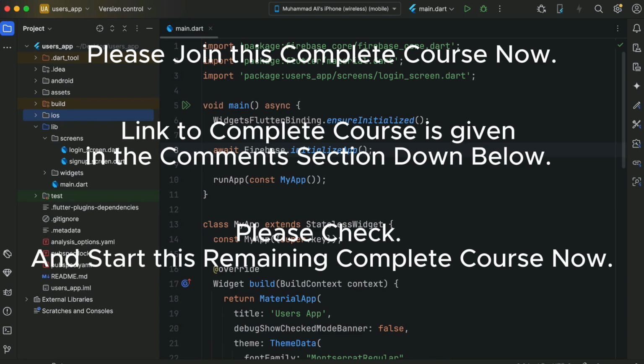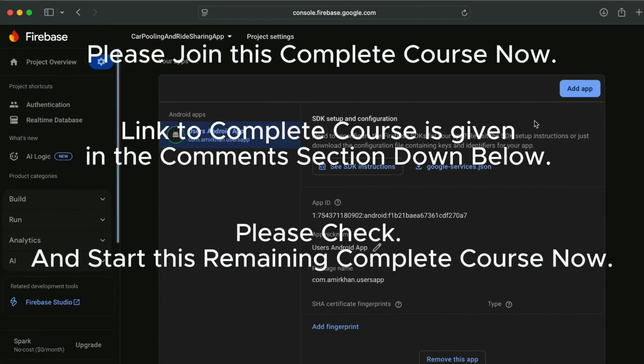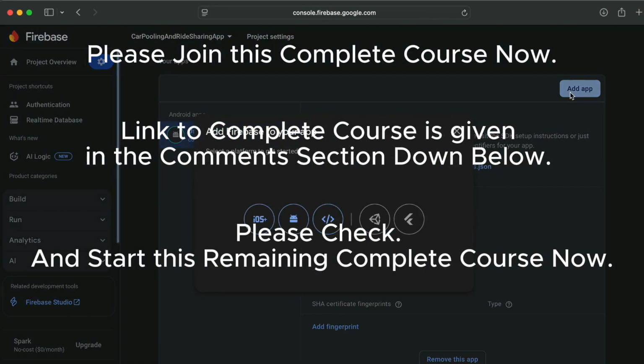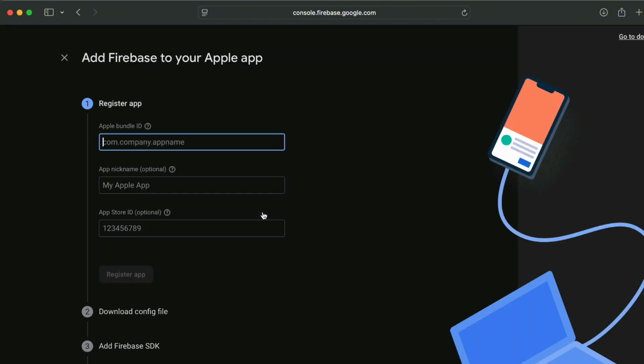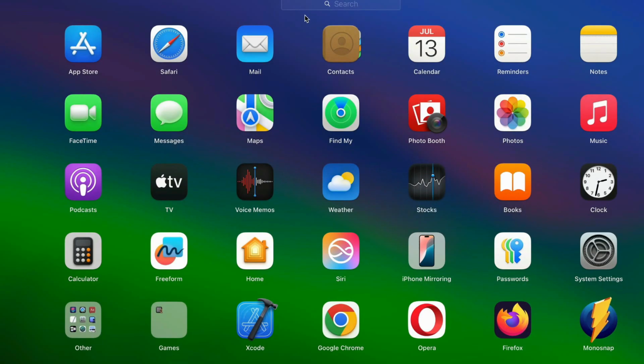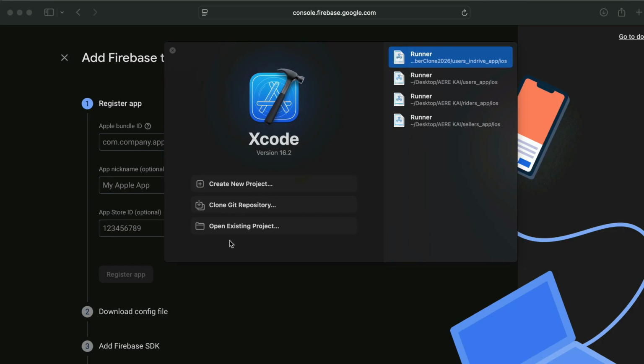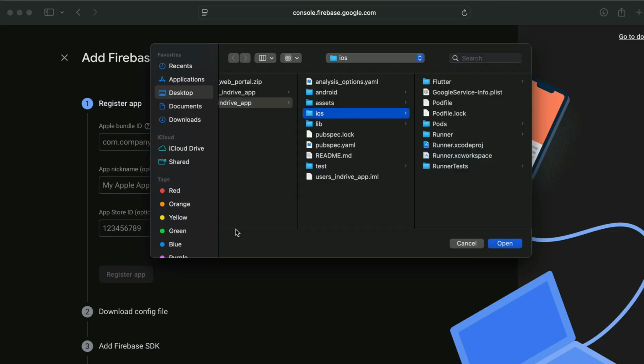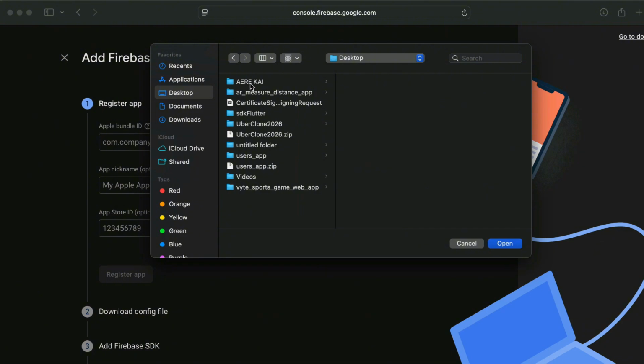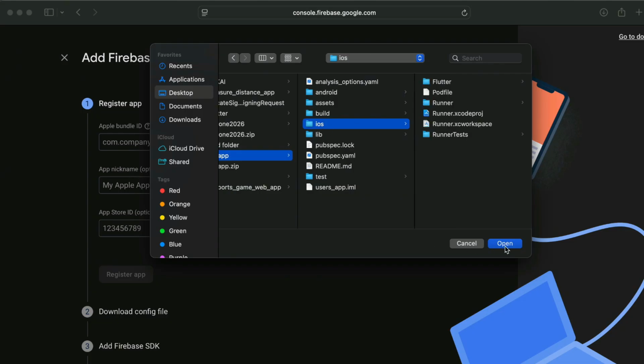For that purpose, we need to go to the Firebase console and click on Add App, iOS, and here we have to provide our bundle ID, or you can say our application ID. So open up Xcode, and in Xcode you can open this users app Flutter project's iOS module. Click on open existing project, go to desktop. As you know, here we have our users app, and then select the iOS module